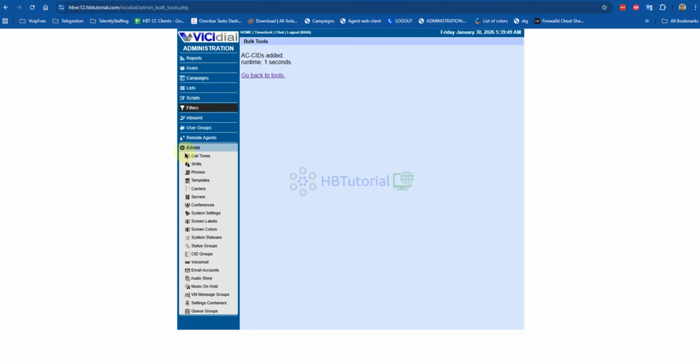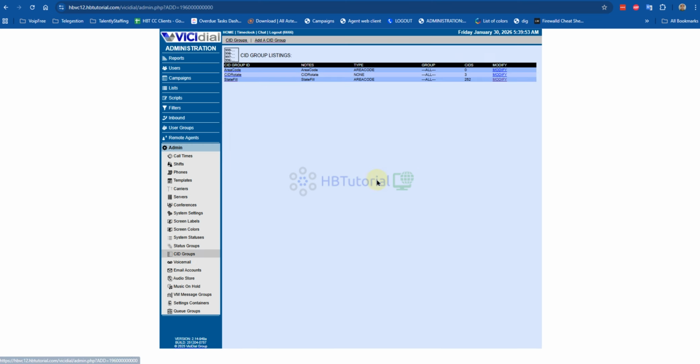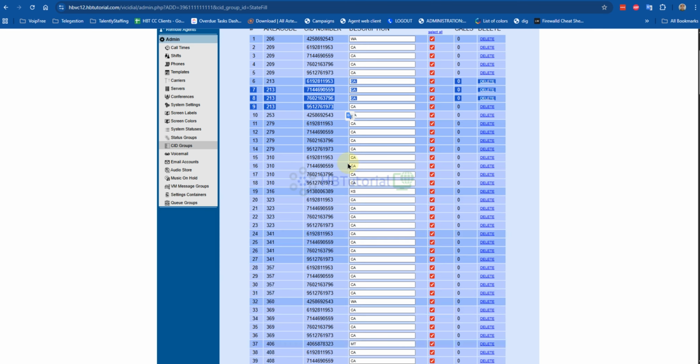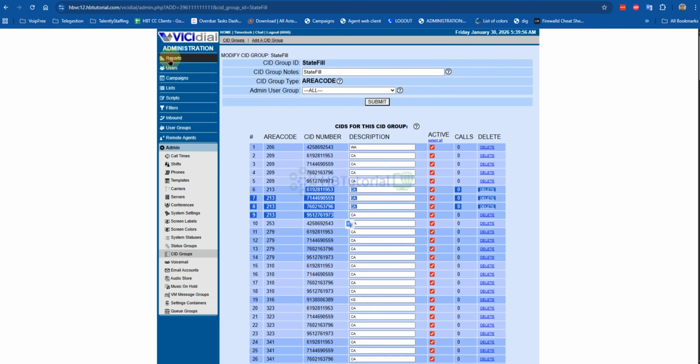So if we check our CID group, 252, so check. If you have a number with area code 206, it will use this one. If you have 209, it will use all of these, randomly. And if you have 213, it will use all of these. Okay.